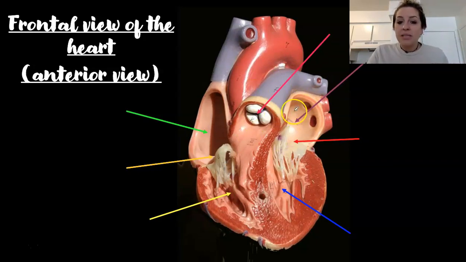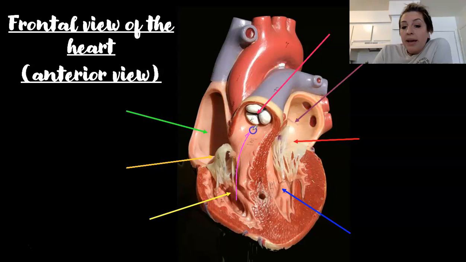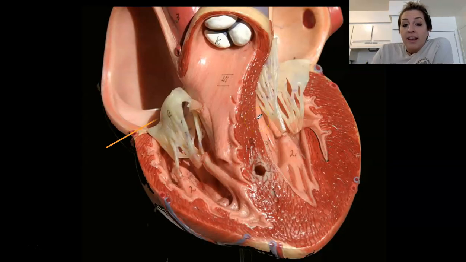That pinkish magenta arrow is pointing, so notice, this might be a little tricky, notice that this canal right here is not associated with this ventricle, it's more associated with the right ventricle. So when deoxygenated blood leaves the right ventricle, it is going to go up and pass through a valve right here. This valve is your pulmonary semilunar valve, and then it leaves via the pulmonary artery, which